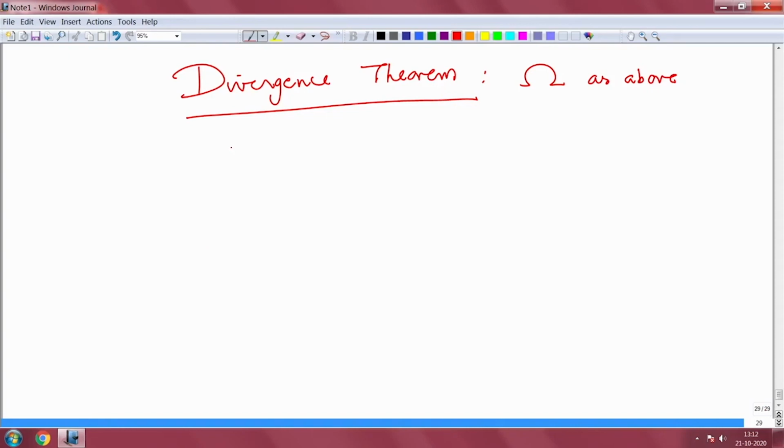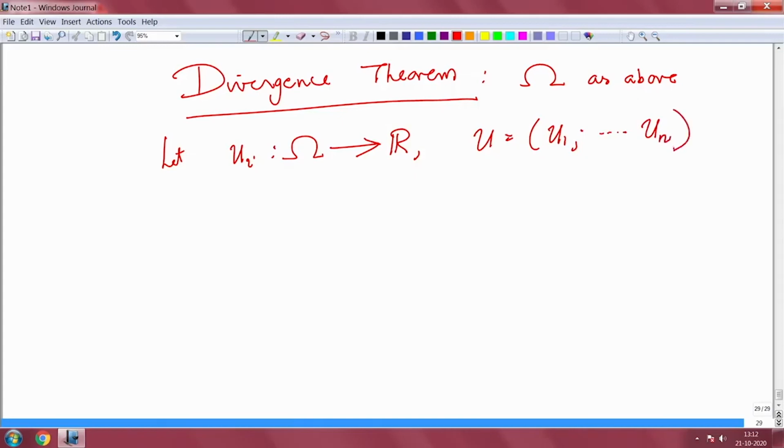Okay. And you have your map u from omega to R^n, and you write u is equal to (u_1, ..., u_n). Assume that each u_i is in C^1 of omega, for 1 less than or equal to i less than or equal to n, then